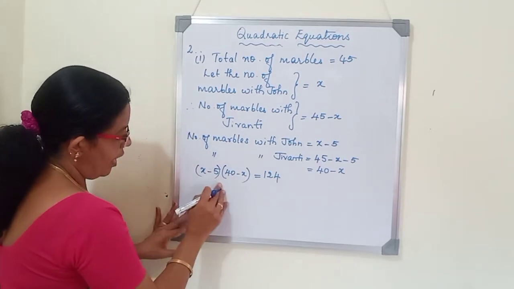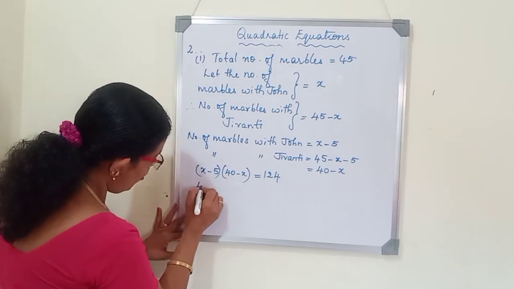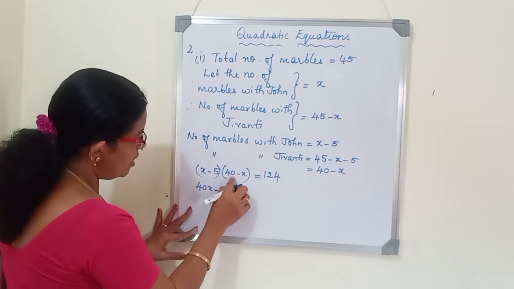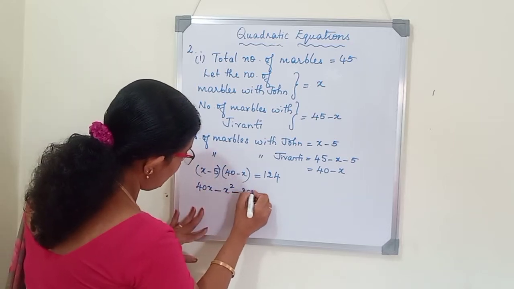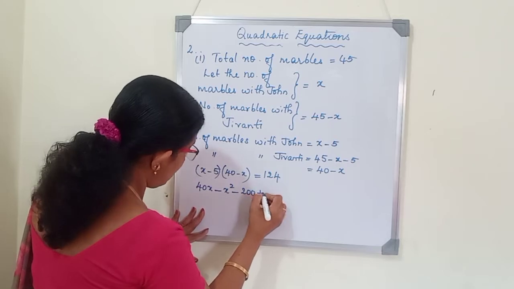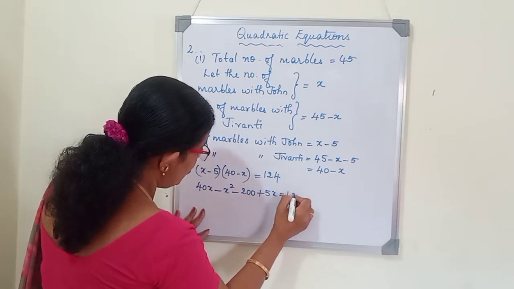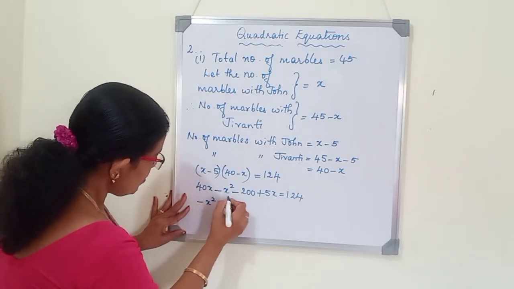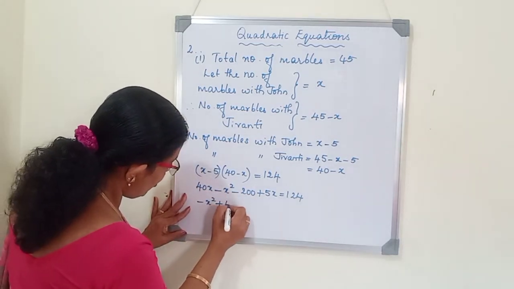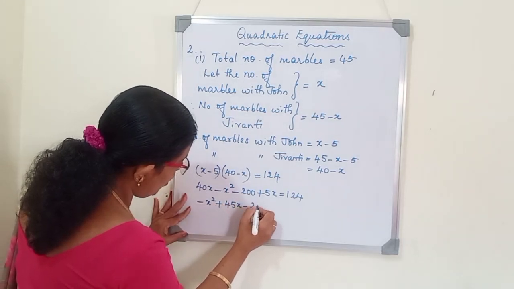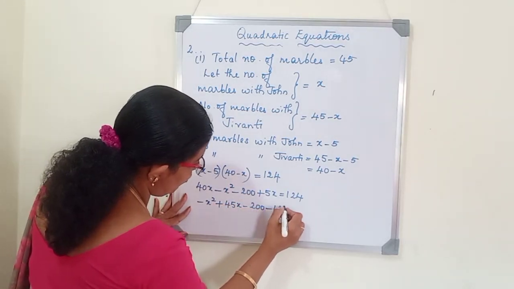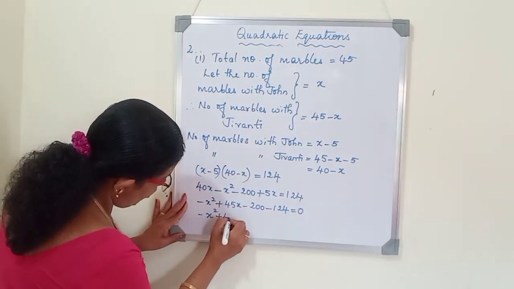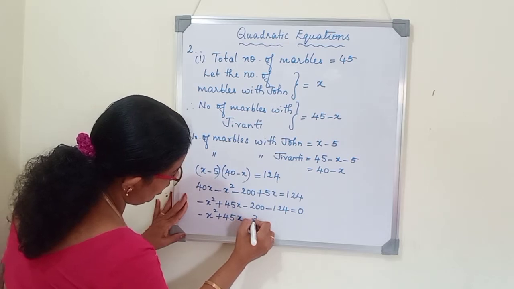So now we will find the product. X into 40, 40x. X into minus x, minus x square. Minus 5 into 40, minus 200. Minus 5 into minus x, plus 5x is equal to 124. Now here minus x square, 40x plus 5x, 45x, minus 200 minus 124 is equal to 0. Now minus x square plus 45x minus 324